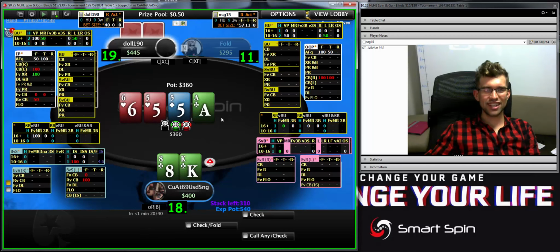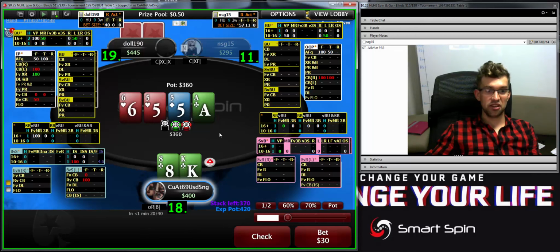Small blind calls, and there's an ace on the turn. So this ace is basically a great card to bet again, as pretty often my opponent would move all in pre-flop with an ace, and I don't see him calling too much on the flop. Also with a